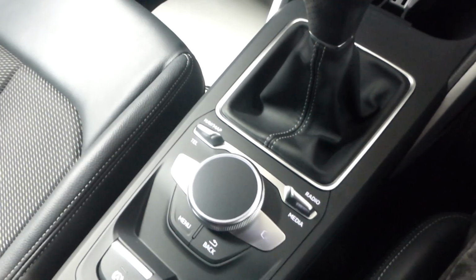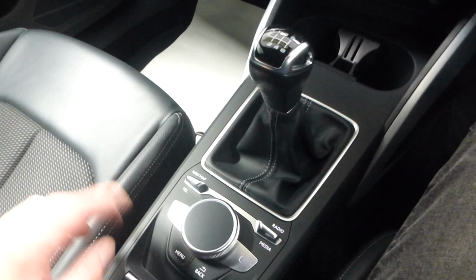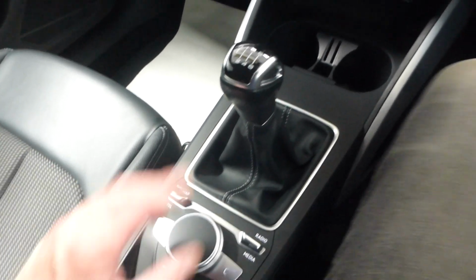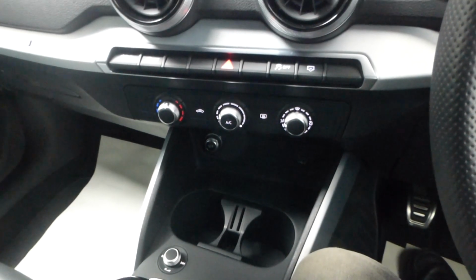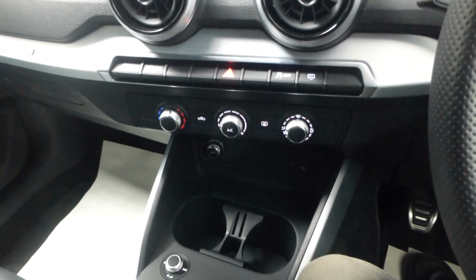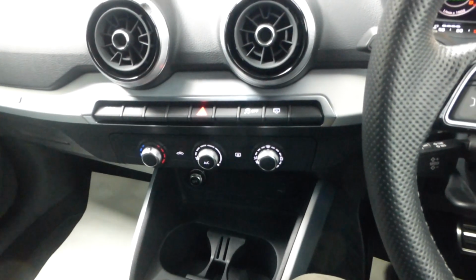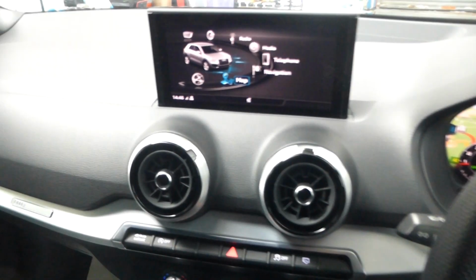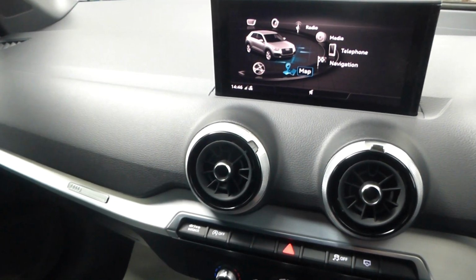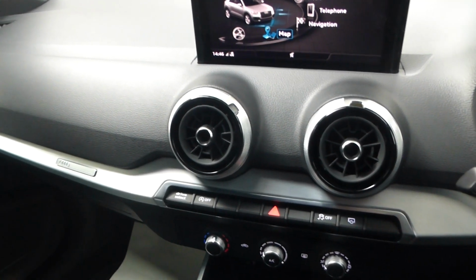Everything's forensically cleaned and detailed, every single car without exception, and so we have a phenomenal reputation, I have to say. And not blowing my own trumpet or our trumpets, because I obviously work with some very good colleagues who we all share passion for vehicles, and obviously the secret is to buy them in this condition in the first place. Don't buy cars that have been banged about and not looked after. Try and buy the ones that haven't been banged about and have been looked after, and we can just